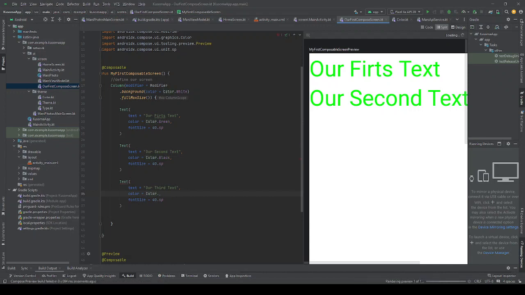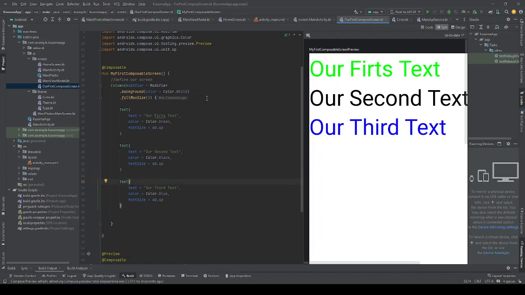We call classes or properties with a dot, just as we do in Kotlin, and in Java if you are used to Java. This is basically Kotlin, and it's a neat language. It's the recommended language for Android app development. It's quite good. Now you see we can define a color of blue. As I said, these are functions, and to recap,